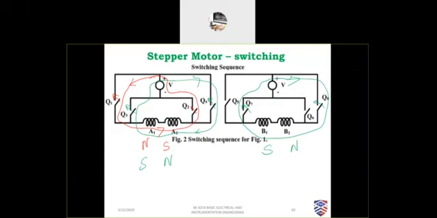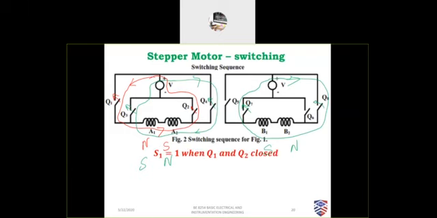And one more is called the unipolar motor, where you'll have two windings. There are no switches; you have two windings, A11, A21 and A12, A22. In one winding the current goes in a positive direction, in the other winding the current goes in the negative direction. Two sets of windings will be there. That we call unipolar. Only one voltage is used, no switches are used. Only the winding will be switched between. That's called unipolar.